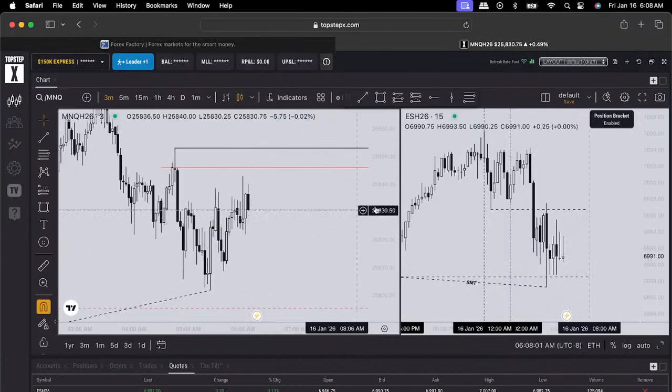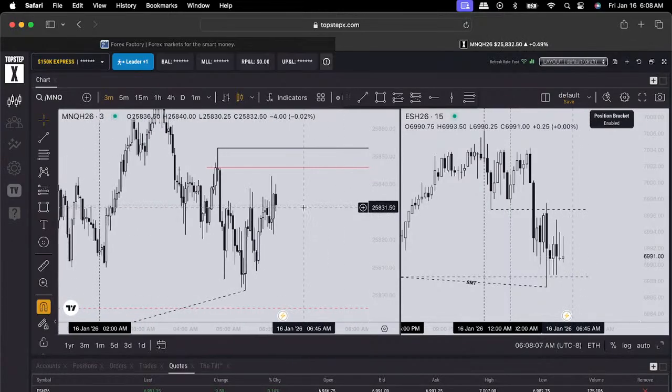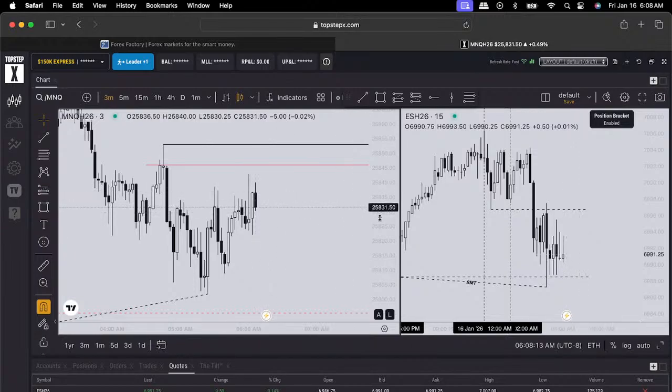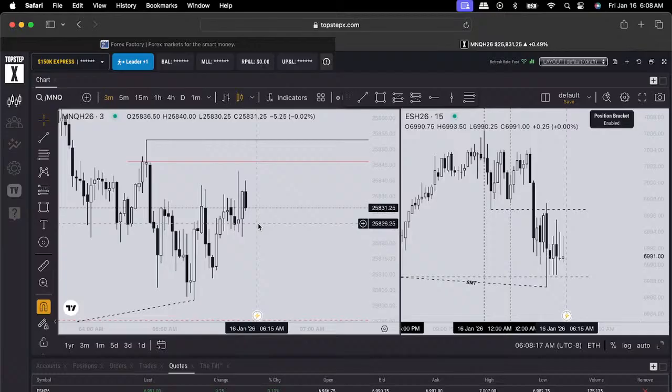But Top Step is still one of the best firms in futures to get into anything. A lot of people are saying bad things about it, but Top Step X is really the problem, because they can really shut this down at any time. So that's a little bit iffy. I haven't really had any problems with them at all.